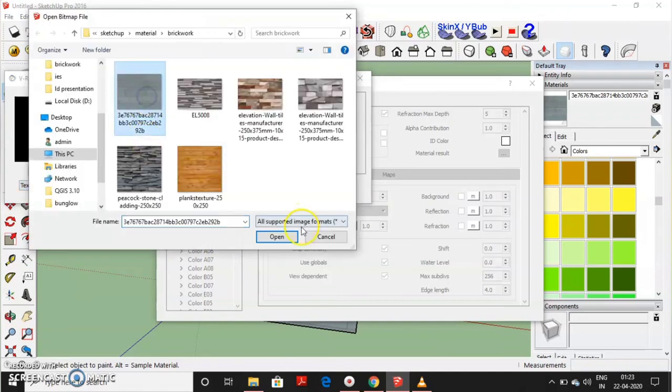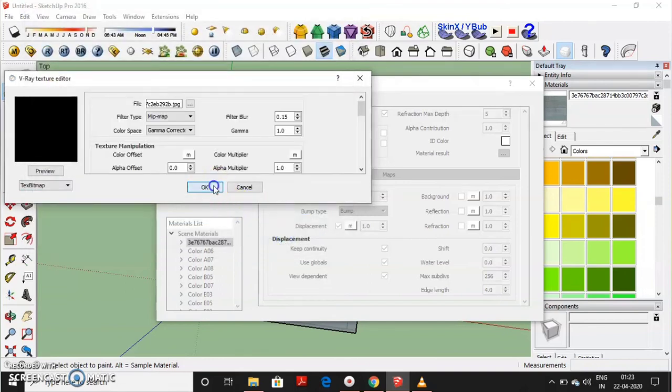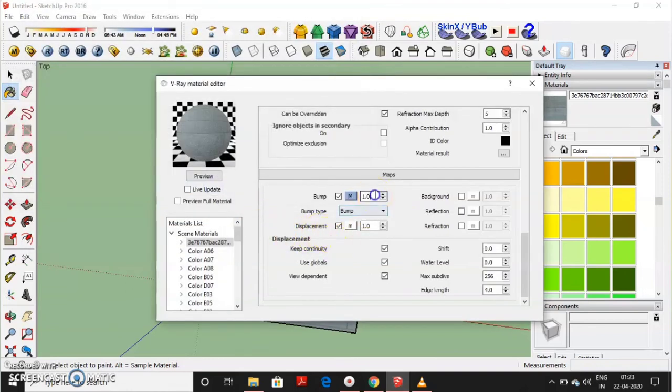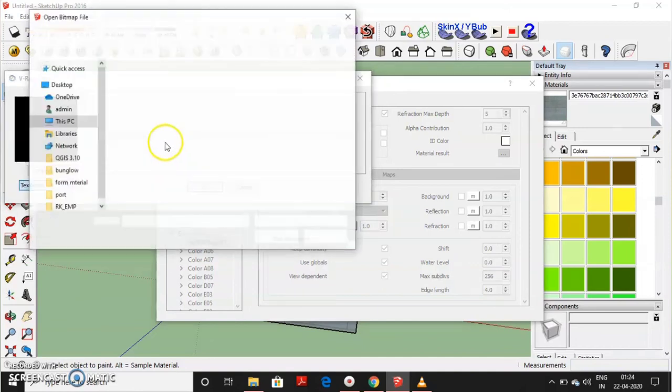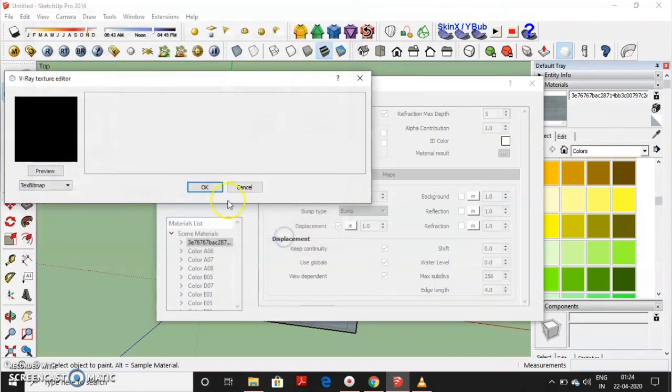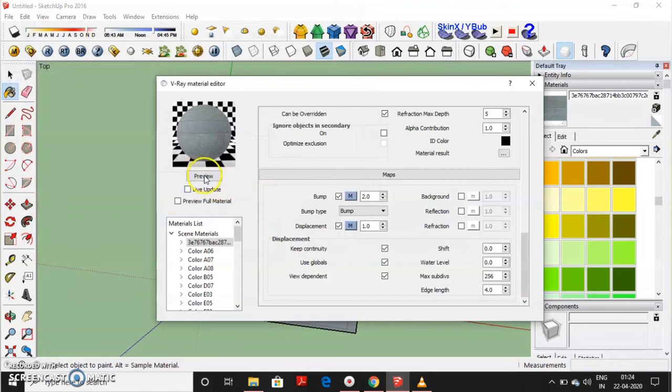Again import the same material, OK, and change the bump value according to your need. Do the same with the displacement. Go to text bitmap, upload the same material, OK, change the value according to your need,